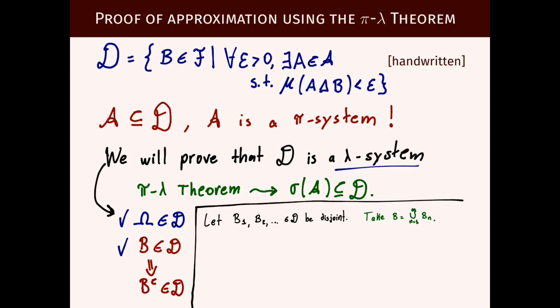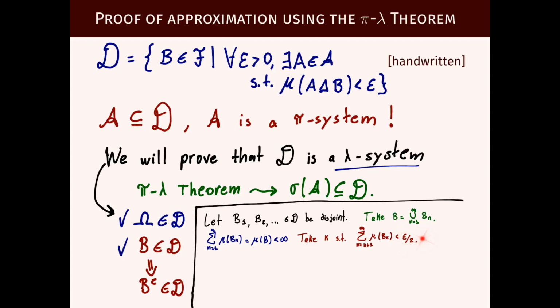Well, let B denote the union of these sets. Now, because we are working with a finite measure, we know that the sum of the measure of all these sets Bn will be equal to the measure of B, because they are disjoint, and mu is a sigma additive measure, and this is finite. Since this is finite, we know the tail of this series has to be small. So we can take k such that the sum of the terms after the kth term of this series gets small, less than epsilon over 2.